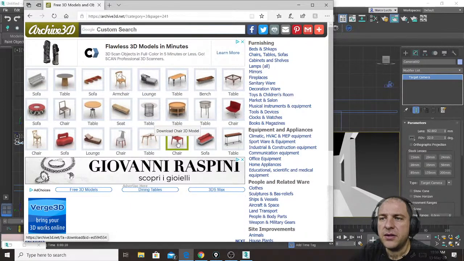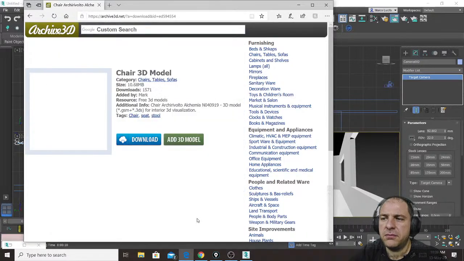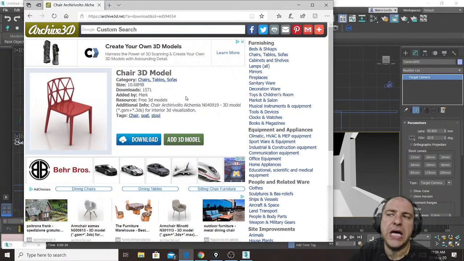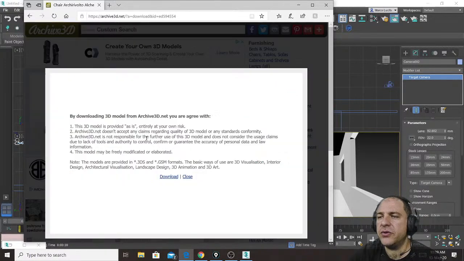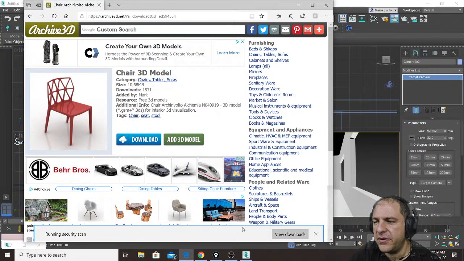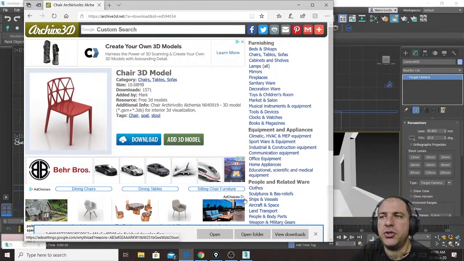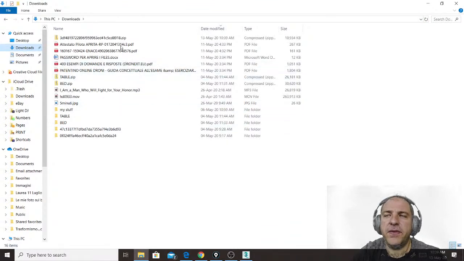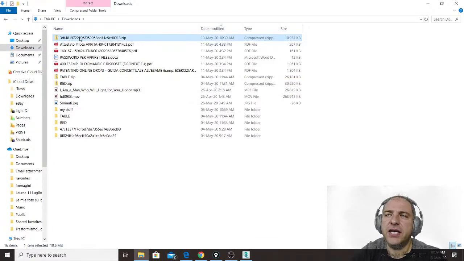Let's say I like this chair here. So what I have to do is download this chair. I click download. Yes, download. And I will save it in my download folder. And I want to show you how to manage this downloaded file, because it is super simple. Look, you open your download folder, and for example, this file, this weird zip file in here,